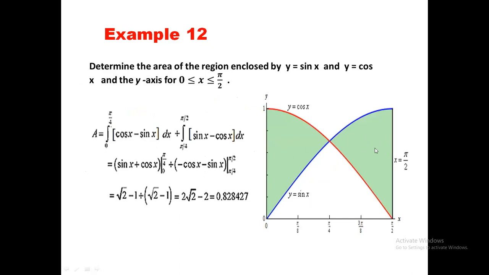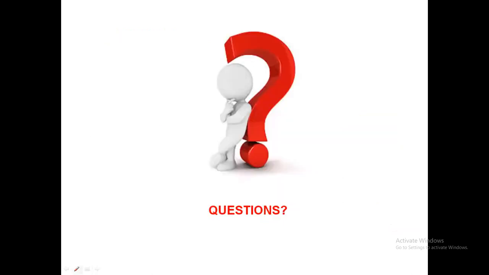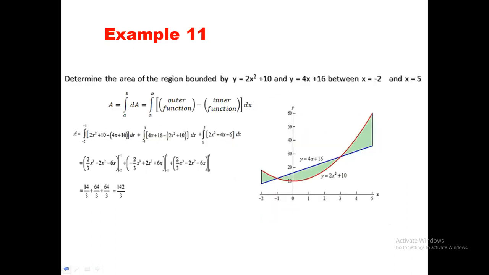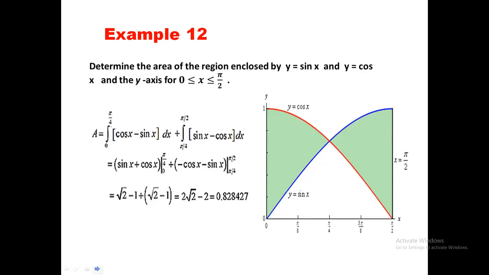What is good about this is your function now is trigonometric. But you know how to determine the integral of trigonometric functions. So it's actually easy. They are just fundamental trigonometric functions. Okay, so any questions? You have 12 examples on areas. When we meet each other next week on Monday, I will not